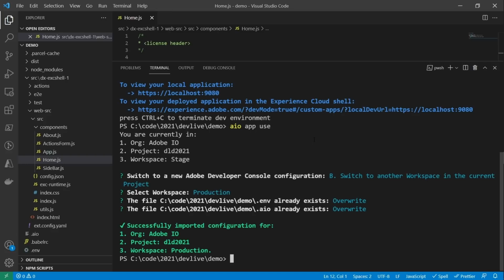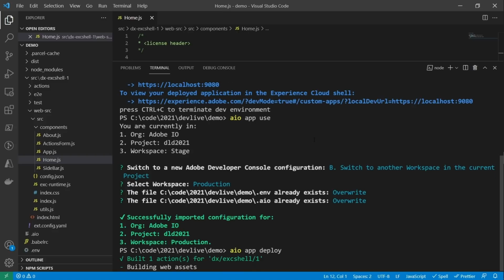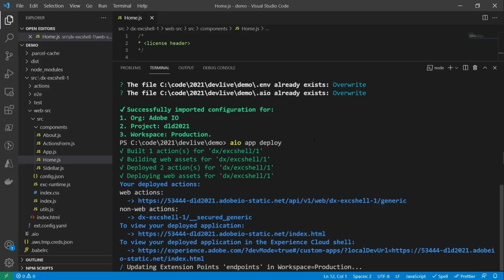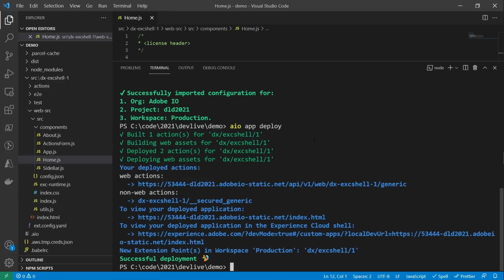And there we go. Now we're in the production environment. This is great. So now aio app deploy. We're going to deploy this into the production environment. Okay, great. We've successfully deployed this.